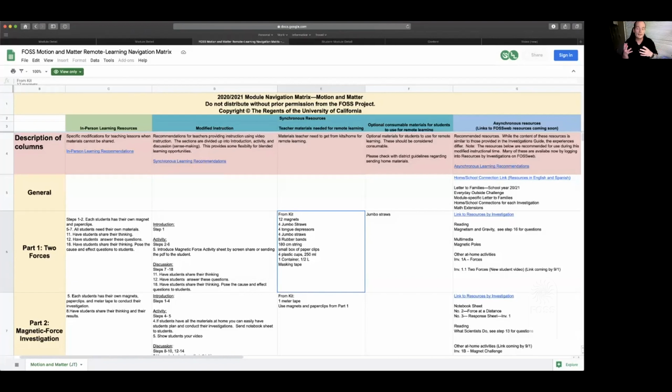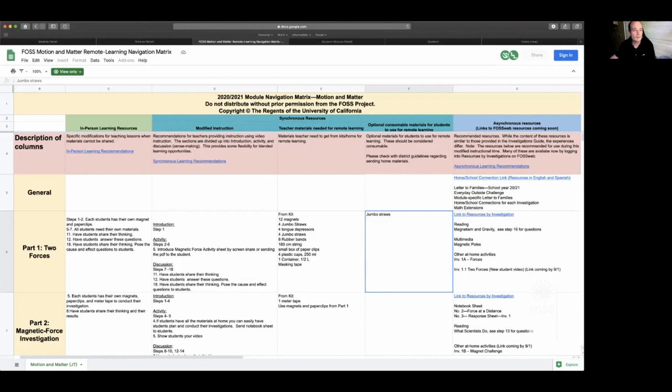So students might be able to use particular materials, such as jumbo straws or refrigerator magnets. Those types of things we are providing in this last thing. So materials that could be available at home or might come from the module. Again, it's really important to check with your district on that before sending home materials. We also need you to understand that there are sometimes we, as a program, cannot necessarily recommend materials to be